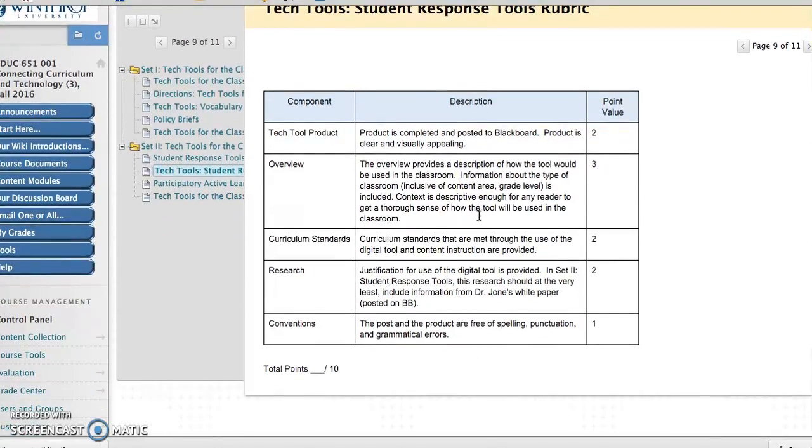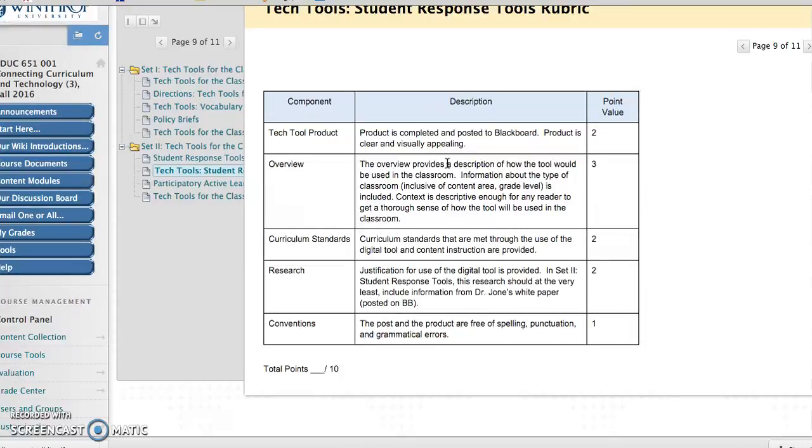In your narrative that you post to Blackboard, you need to make sure you give a really thorough description of how you intend on using the tool in the classroom. And make sure that this is as close to best practice as possible. We are all coming from very different content areas and experience levels, so providing that thorough description helps all of us really visualize what you're going to be doing. And additionally, when you provide that thorough description and an example of how you're using the tool, we are adding that information to our schema, and it gives us one more tool in our repertoire that we can pull out when we're thinking of, how do I best teach this lesson on